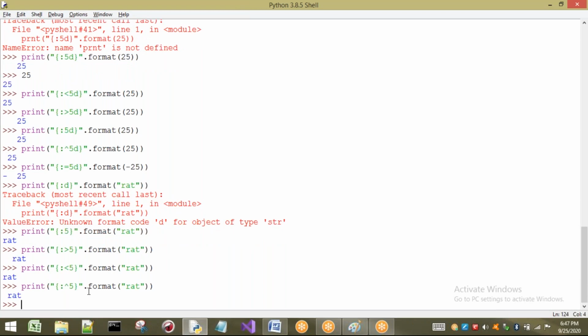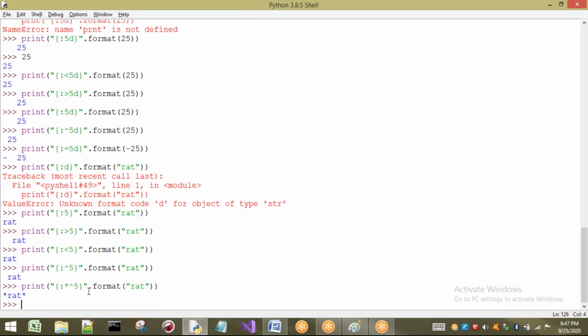Now, what is the need of spaces here? I want to fill them with some symbol. For example, for center alignment I want to print with a star. Now if I print in this way, spaces are going to be printed with stars. So one point you have to observe: for numbers, default alignment is right, and for strings, default alignment is left side. So this is the concept of formatting strings by using the format method.